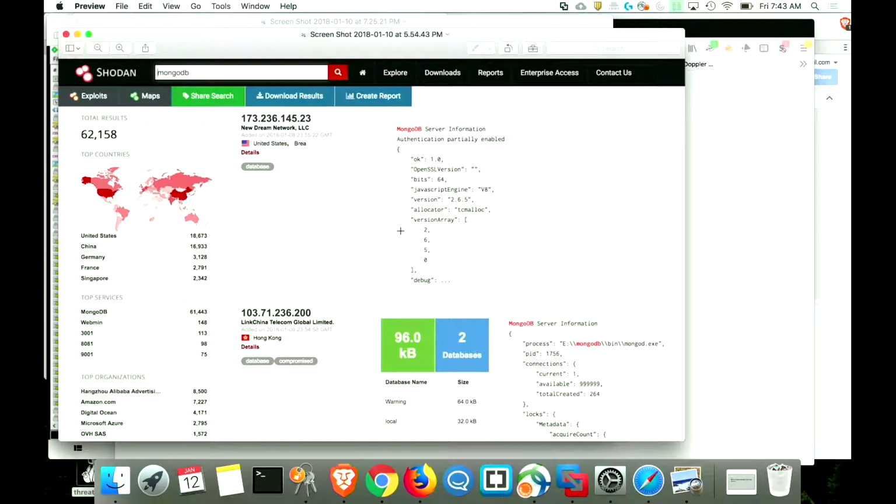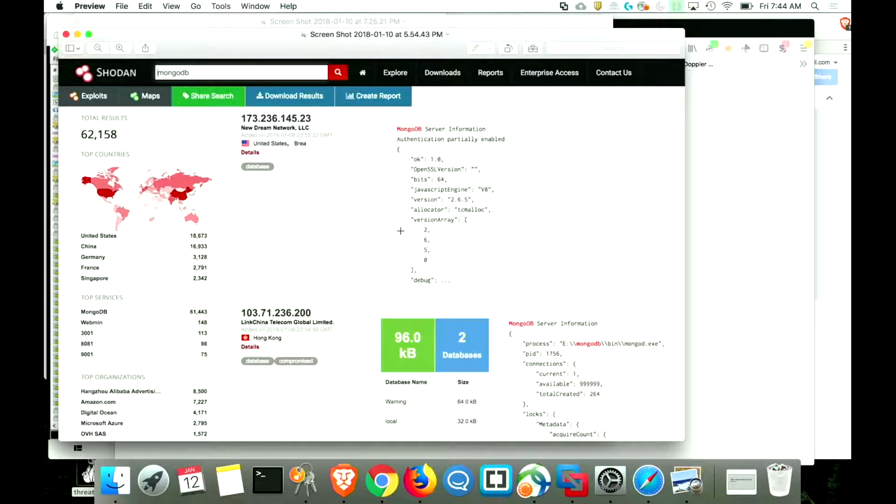You can see they've marked it as compromised. I think the warning is a new one. Earlier in 2017, when all the ransomware was happening, you could go on here and see things like DB_hack with a 4 instead of an A. I think that a lot of people have got wind of this and secured their MongoDBs, but some people may not have, or these just may have been sitting out there forgotten. Who knows? But you can search for IP ranges.